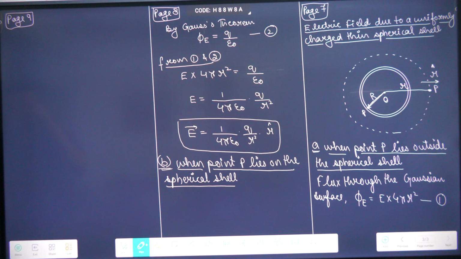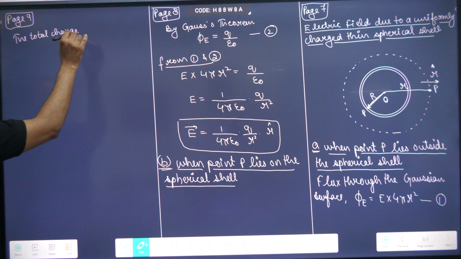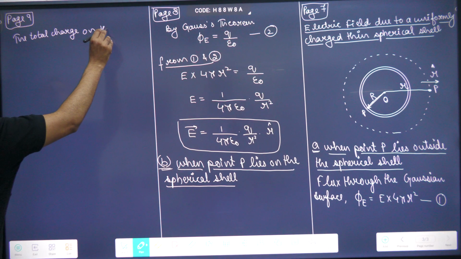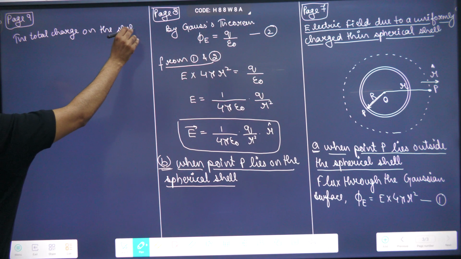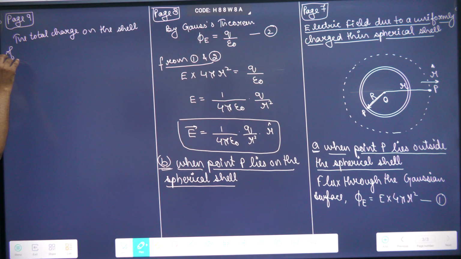The total charge on the shell of radius r is